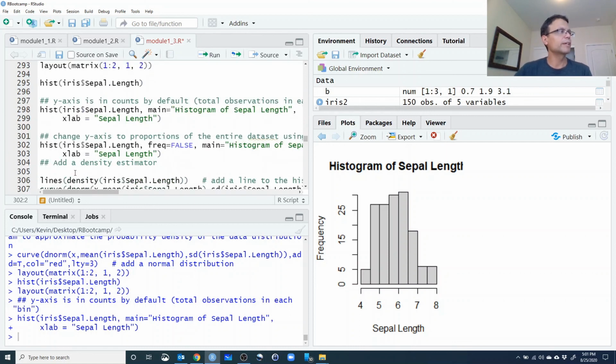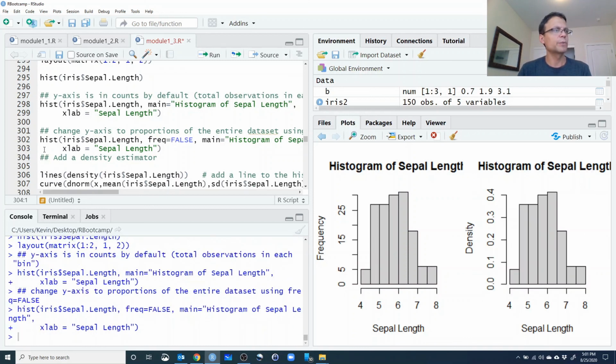And one thing we can do with histograms is change the y-axis from just the frequency of occurrence in each bin to the probability density of occurrence within each bin. So here we go. Now we have the same figure, but in terms of probability density. Why is this useful? Well, that means we can overlay some probability distributions if we want. So if we wanted to